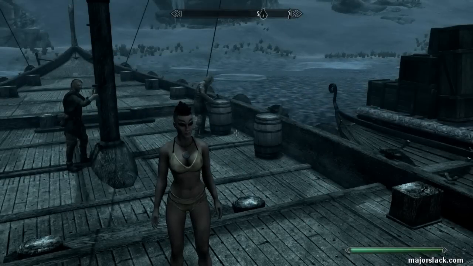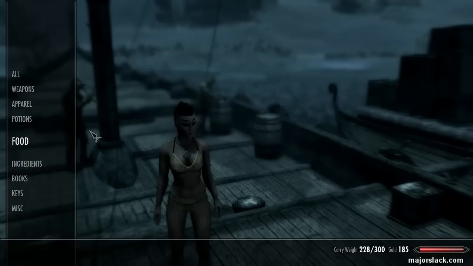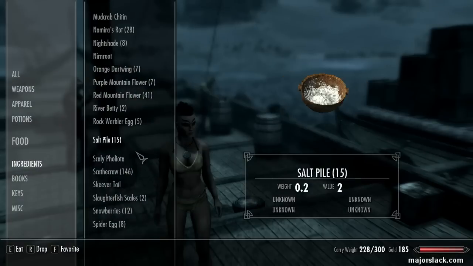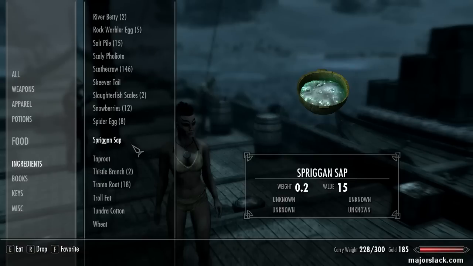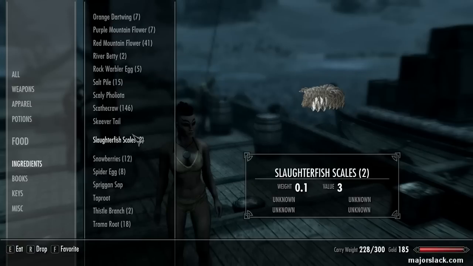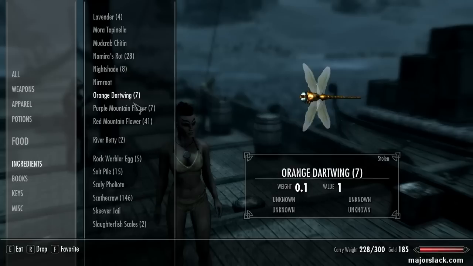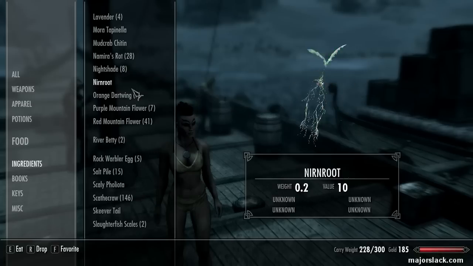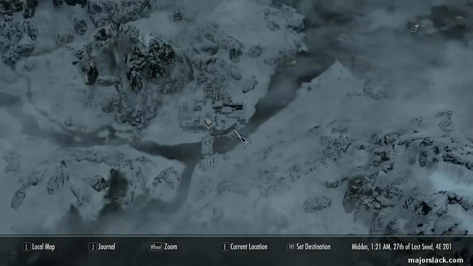Okay, you did your Scathecraw run and you're back here at the Windhelm docks. Took the boat back to Skyrim and you've got like 140 plus Scathecraw, plus some Nightshade, which will really help. Was something else that we'll do. But it's mostly the Scathecraw and this trauma root. Where's the Nightshade? Up here. There we go. A few Nightshade, but mostly the Scathecraw. I got 146. Next, let's go to Riverwood